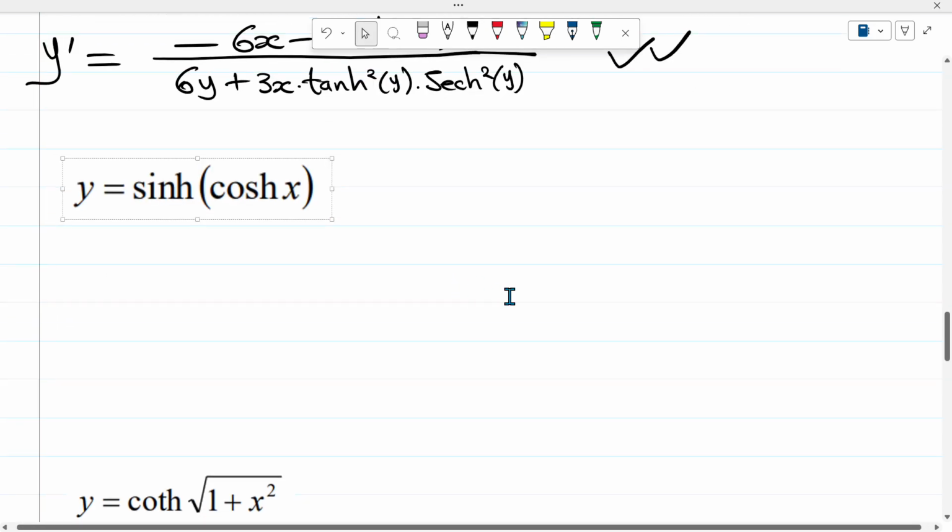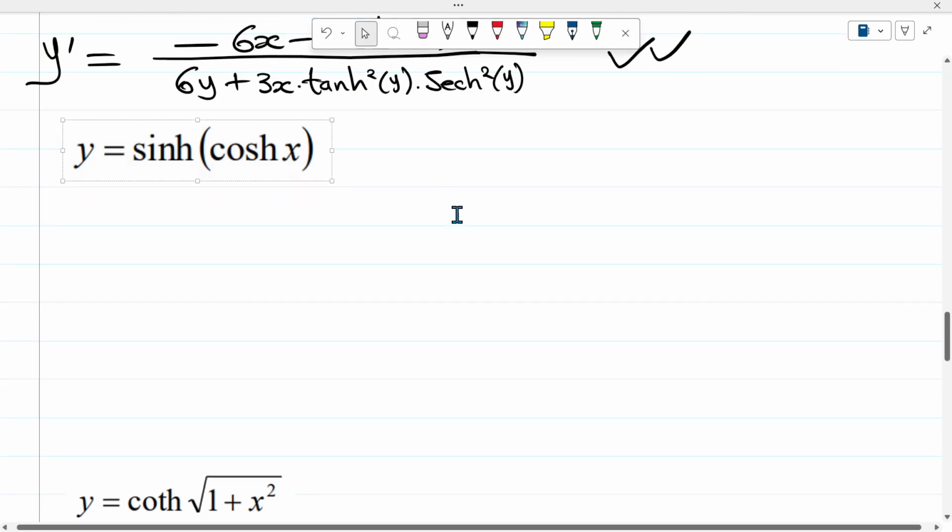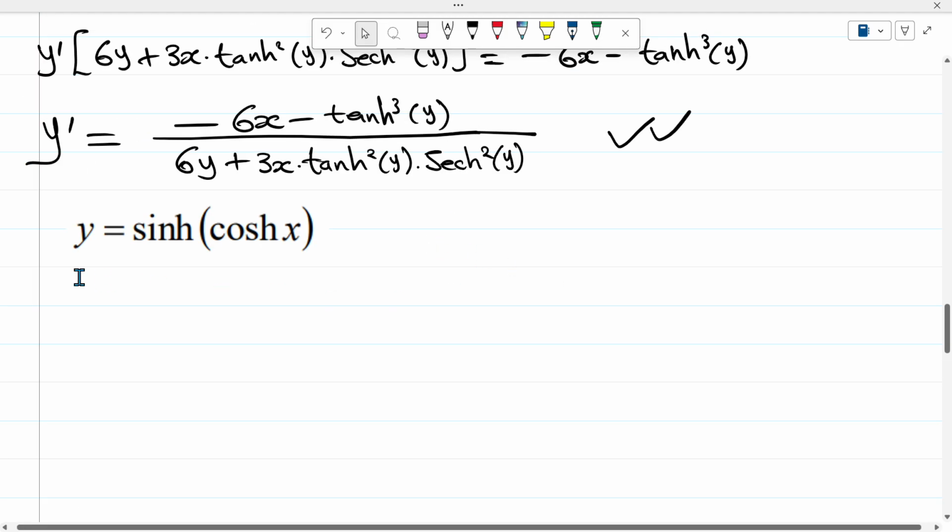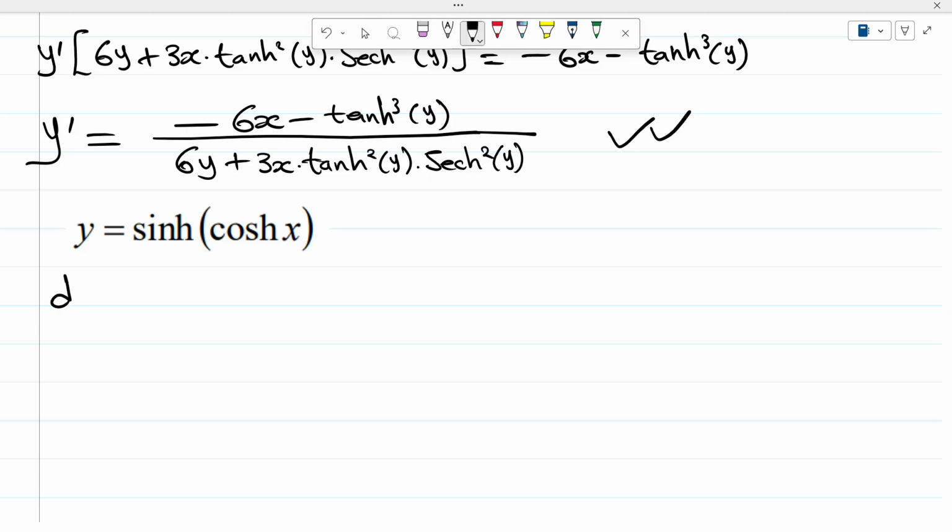The other thing we can do is just this. We now have y equals hyperbolic sine of hyperbolic cos of x. So this should be easy, right? So dy/dx will just be hyperbolic sine of that. When we differentiate hyperbolic sine, it just becomes hyperbolic cos. So this is just going to be hyperbolic cos of